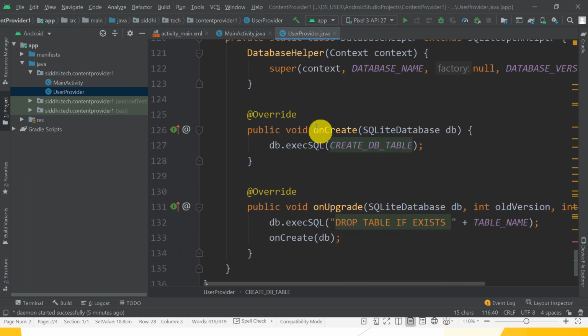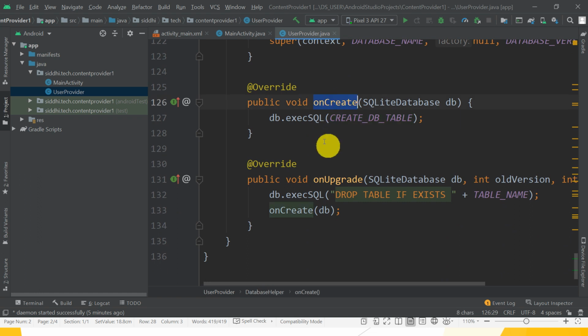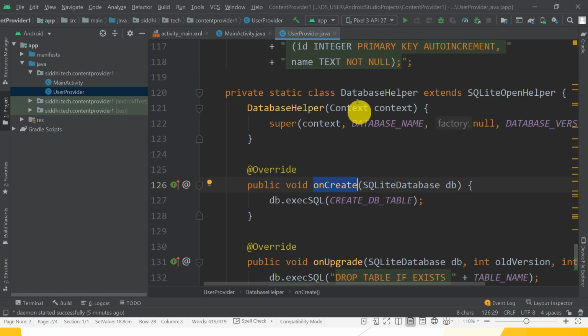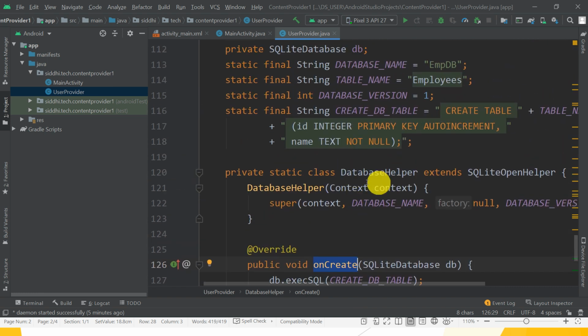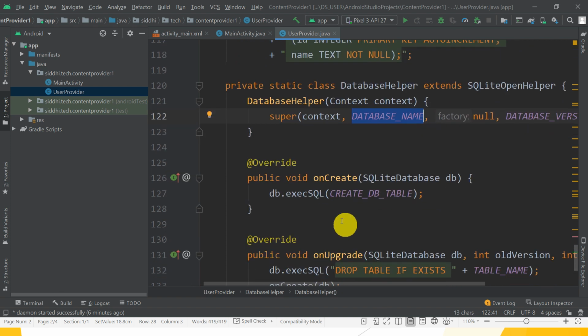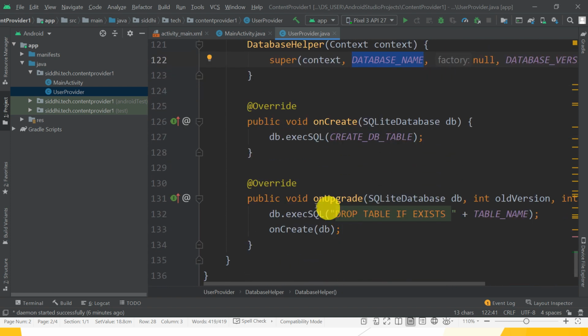In this database helper class there is an onCreate method. When you create this class, its onCreate method is called automatically, and we can execute db.execSQL to create the table. The database is created when this database helper class constructor is called, automatically passing the database name to SQLiteOpenHelper, and it creates the database there itself. And if you update the database, first drop the existing table and then call the onCreate method again.